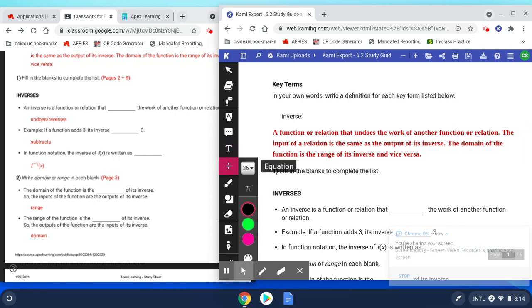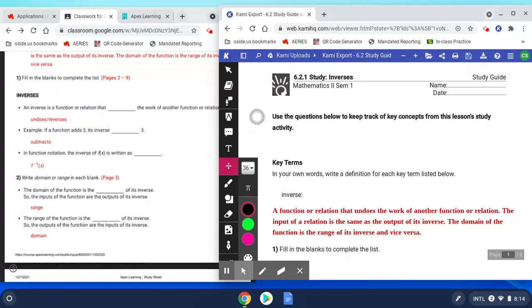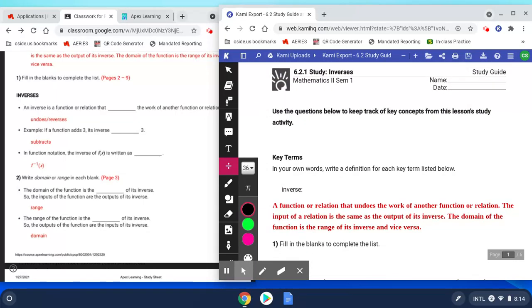Okay, we are still talking about inverses here. So I want you to take a peek and look at this definition that's written here. And again, notice that it says on the study guide, in your own words. So you don't need to write this exactly how I have it. After our conversations over the last two studies, what do you guys think you would say that the definition of